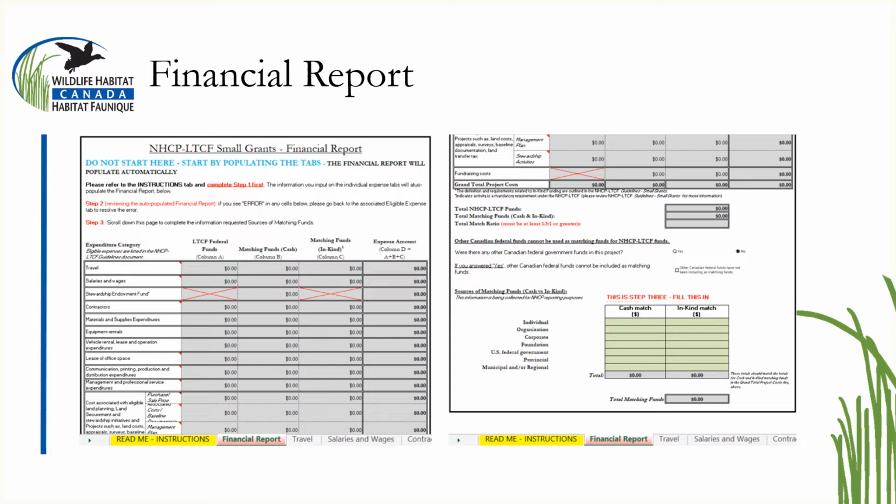If an incorrect amount is entered in column N, you will see a red error message appear, indicating that adjustment is required. There can be no error message in the financial report upon submission, or it will be returned for correction and resubmission. Scroll down on each worksheet to complete the cash match and in-kind match tables. Again, if the dollar amount claimed as match is higher than the expense amount,